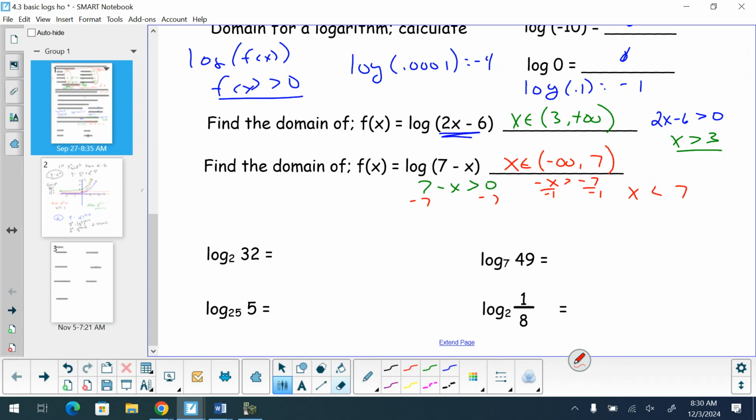Well, let's take, what if I put in the value of -10? So we have 7 minus a -10. Minus the negative turns us into a positive, so we have log of 17 there. So even though our domain takes us into the negative world, when I subtract it, it's going to turn positive on us. Well, if I have log base 2 of 32,